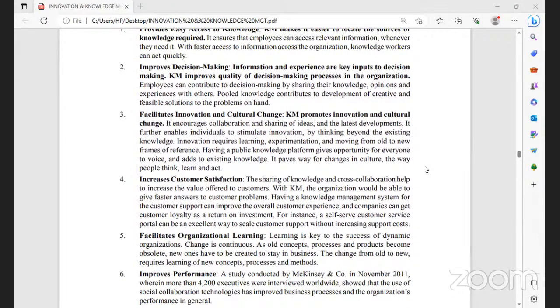Knowledge management promotes innovation and cultural change. To be frank and honest, from historical perspective, if you take into consideration, scientists and mathematicians are more from Indian origin only. They got global reputation, and related to cultural aspect, Indian culture, morals, ethics are stronger than any other country in 236 countries in the world.